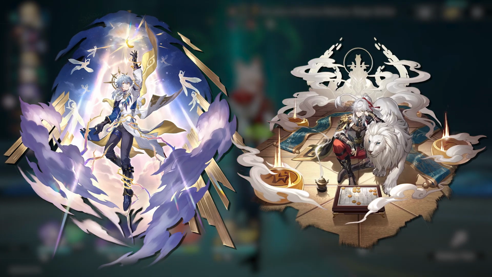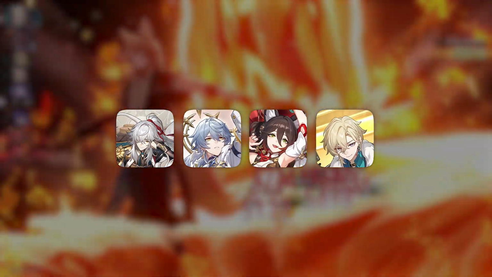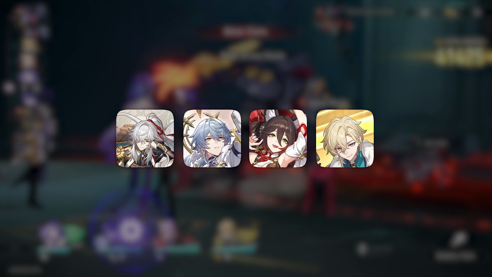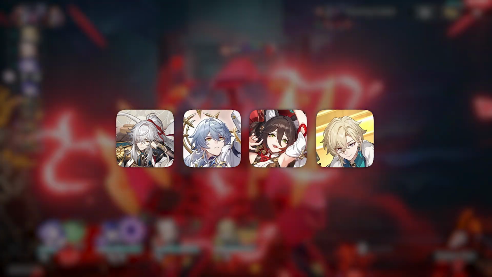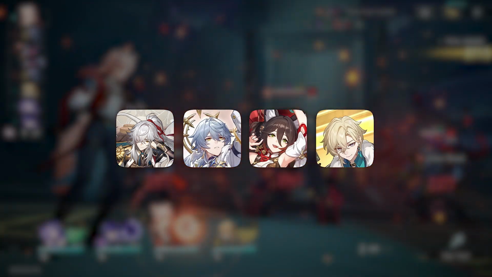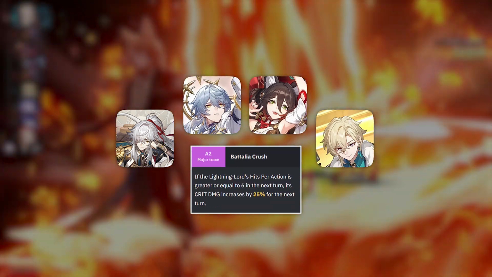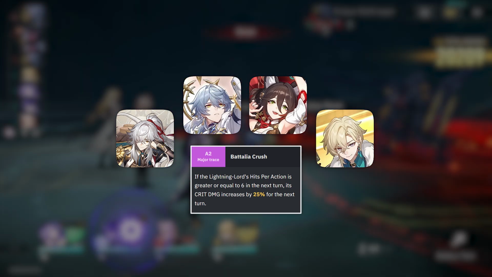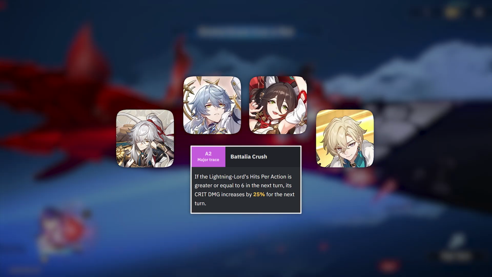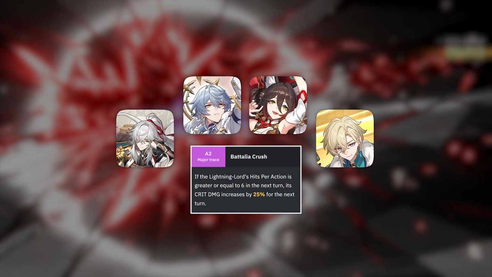For a quick overview of how the team will work with him, it is most definitely going to be Jing Yuan, Sunday, Tingyun, and any sustain of your choice. Now here, I still value Tingyun with Jing Yuan because she helps Jing Yuan get more stacks. Even if Sunday gives 100% action advance to the Lightning Lord, it won't matter if there aren't enough stacks. There's also one of his passives that gives him extra crit damage if he has more than 6 stacks. So on a consistent basis, you need at least 7 stacks before the Lightning Lord takes action, and for that,